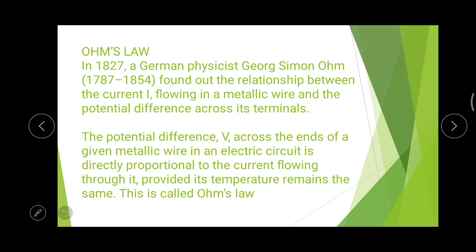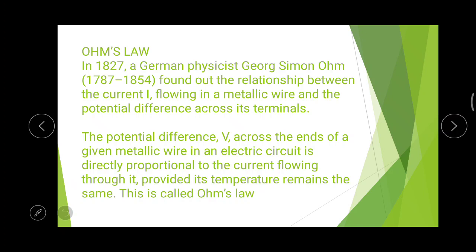Ohm's law gives the relation between the potential difference between the terminals and the current flowing through a conductor. So the relation between V and I, the potential difference between the terminals of the conductor and the current flowing through that conductor, can be obtained by Ohm's law. Okay, V and I. It is given in the PPT. You can see that